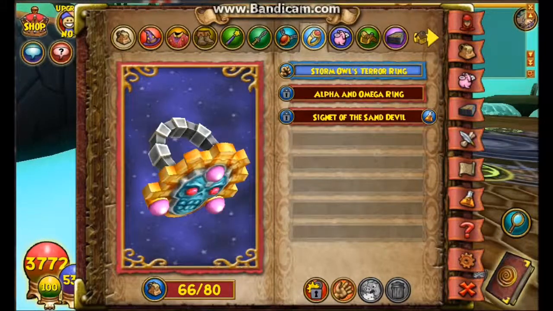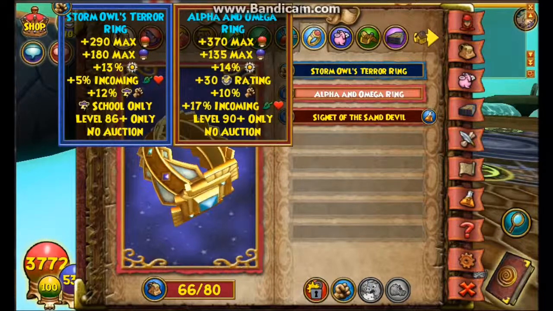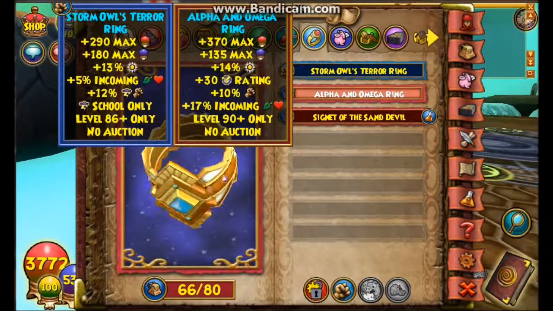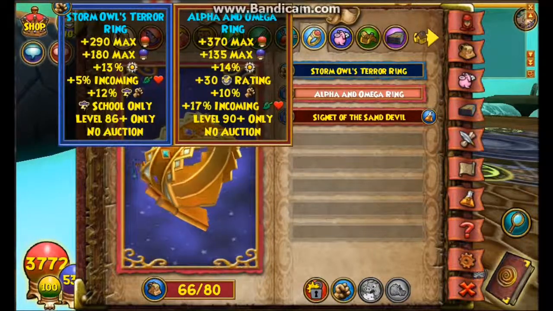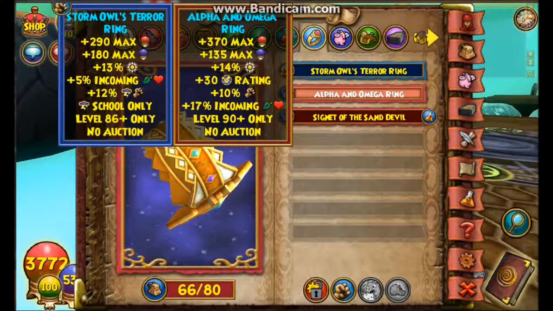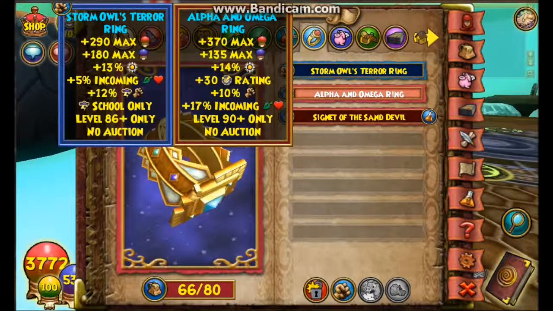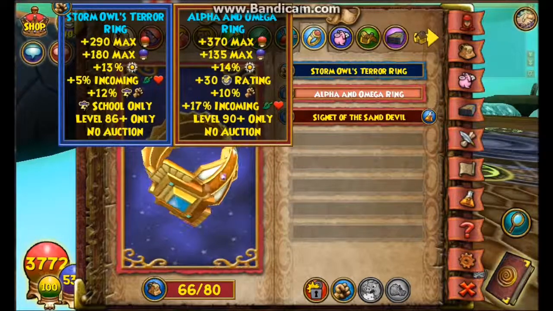We're going to go on to the rings. Now, people say the Alpha and Omega ring is the best ring. For Storm, you want the Storm Owl's Terror ring, or you want the new 95 ring or 96 ring. I can't think of what it is, but it's the one that gives you 13 damage. If you can't get that, you can get the Alpha and Omega, or you can get the Storm Owl's Terror